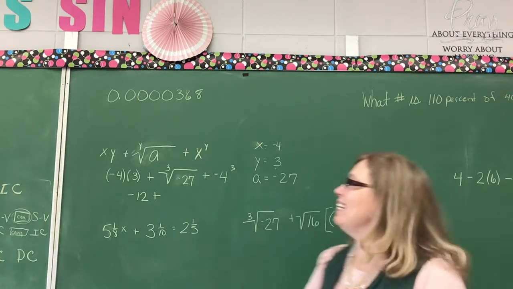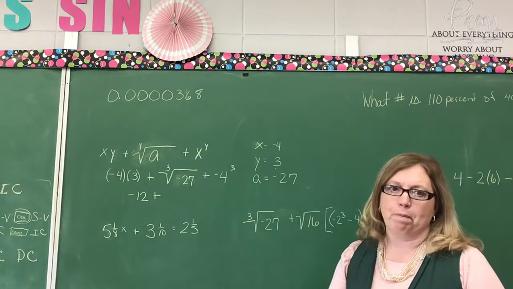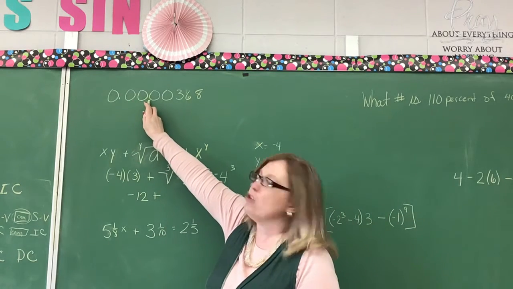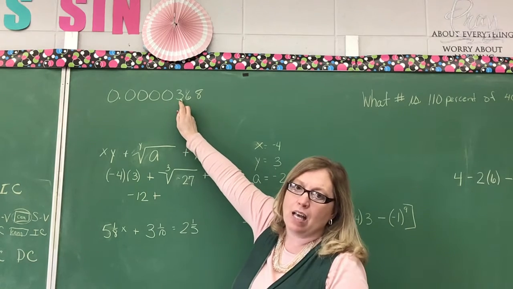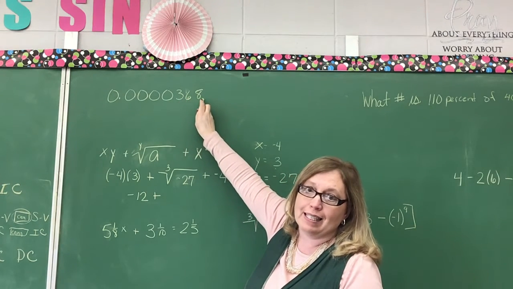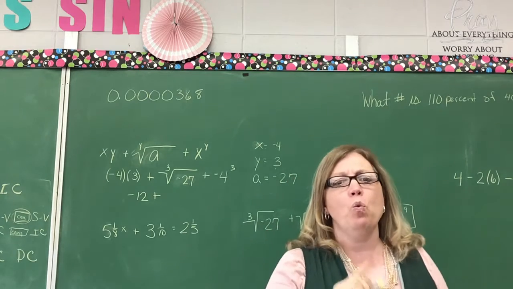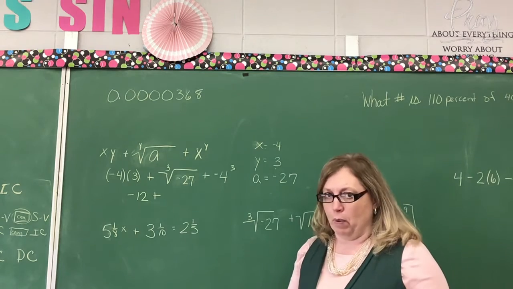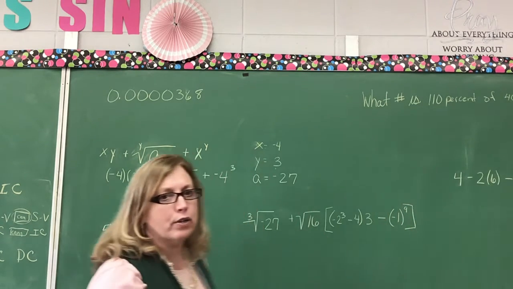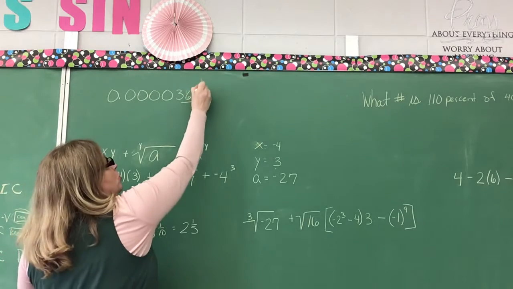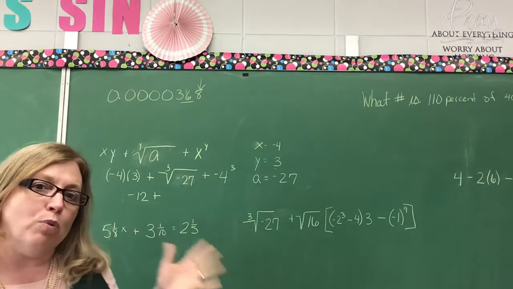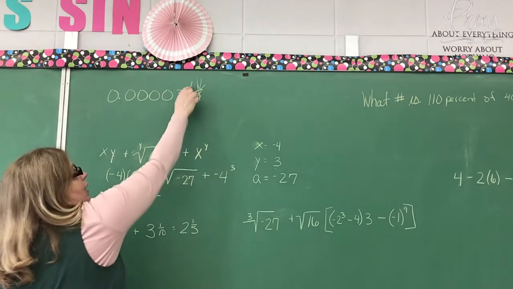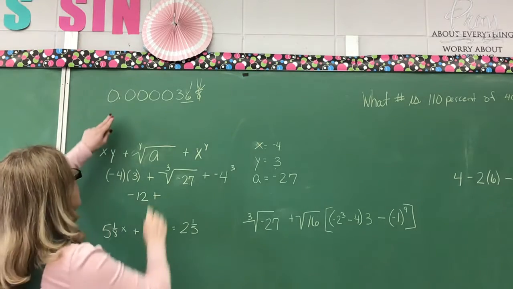Now, the first thing we're going to look at today is this number I have at the top, this decimal. Let's count over the places. This is the tenths, hundreds, thousands, 10,000s, 100,000s, millions, 10 millions. Now, I want you to round that to the nearest millionth. What would it be? Here is your millionth, so this is what you're looking at. That 8 is more than 5. The rule says if it's 5 or more, you drop it and add 1, right? So it becomes